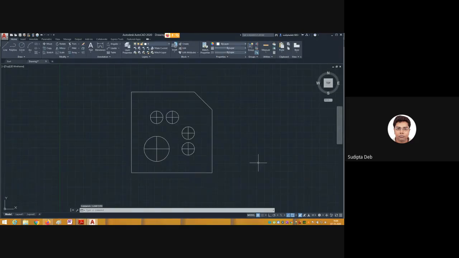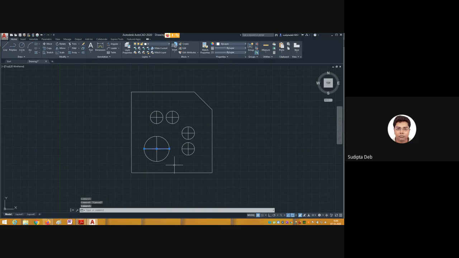So that means it is not required to do every time. I have done it today. From next time, this is not required for me. Okay, it is saved. Now see, if I want to change this line to a center line, because 2 center lines intersect at the point that is the center of the circle. How to change it?